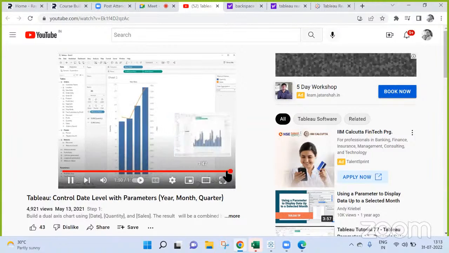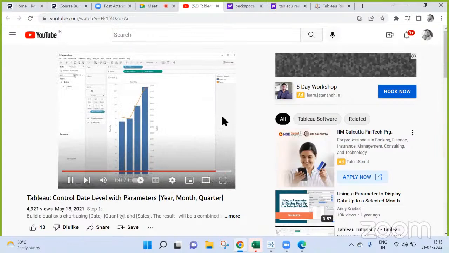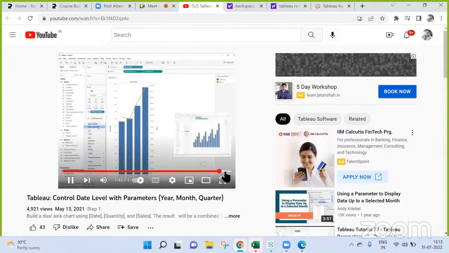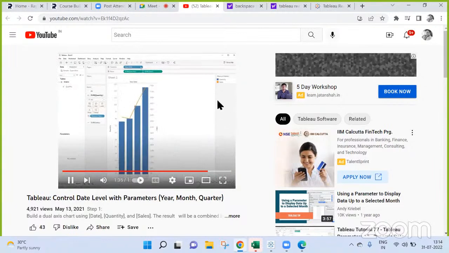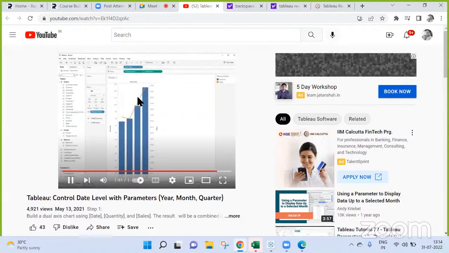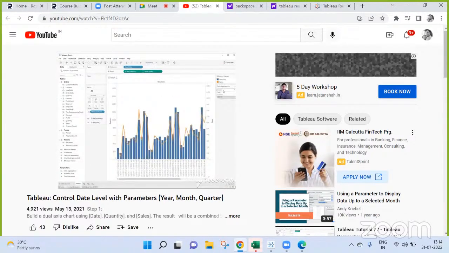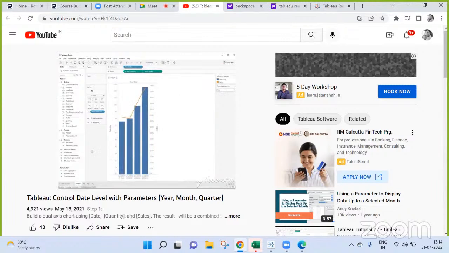No, but selection based on parameter selection is fine. Kavita, you there? So see here it is parameter selection, right? That we can give it. But here the problem is based on selection. If he clicks on that, it should go to that certain quarter. If he clicks on that quarter, it should go to those months in that quarter.